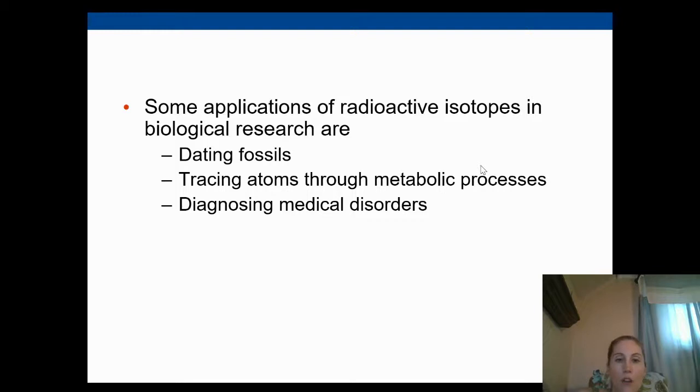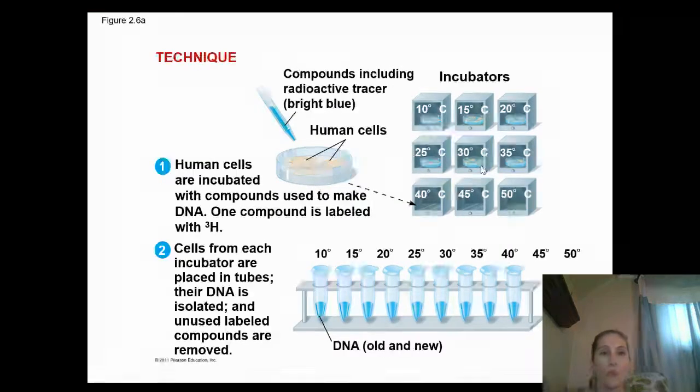And then we can also diagnose medical disorders with those. So when we're looking at them, they are looking at different cells that have used this radioactive tracer for whatever it is, okay? And it will show up differently when you run it through an MRI machine or a contrast CT or something like that, and they'll show up differently. And when they're showing these in incubators, they're showing them in different temperatures, and they can look to see when